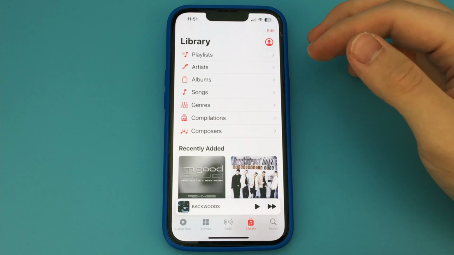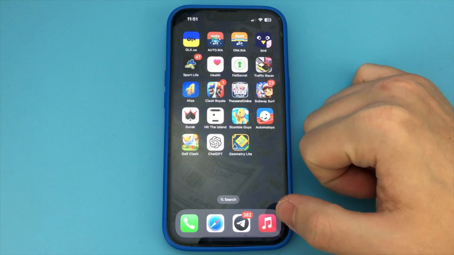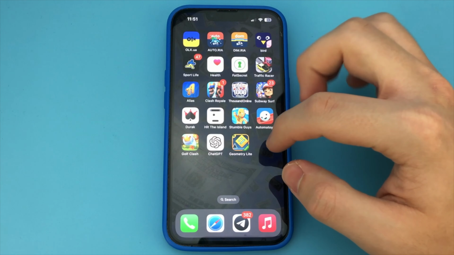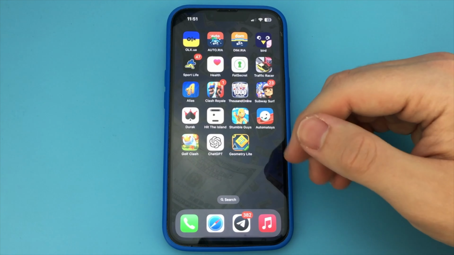First, let's go into the settings of our iPhone. You might have a pretty old phone and the speakers aren't working as well as they used to, but you can still turn up the volume even then. Once we're in the settings, we go a little lower and find the app, Music.